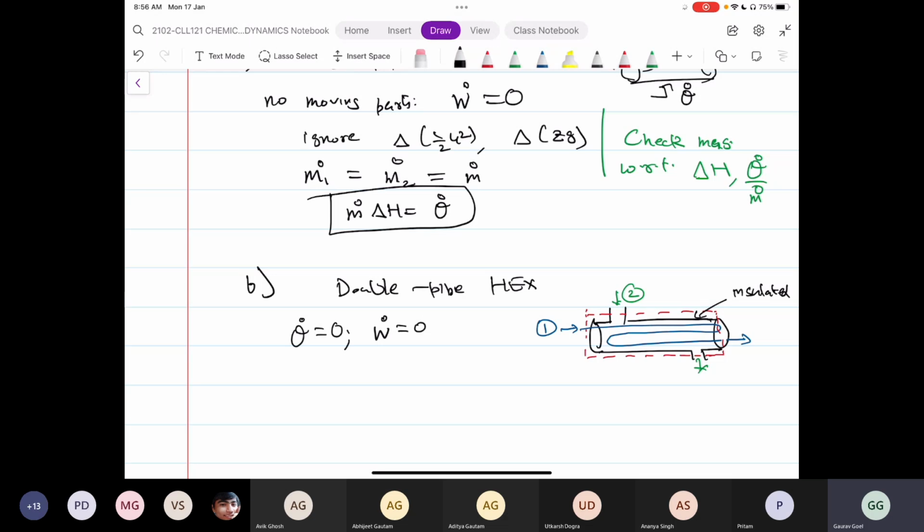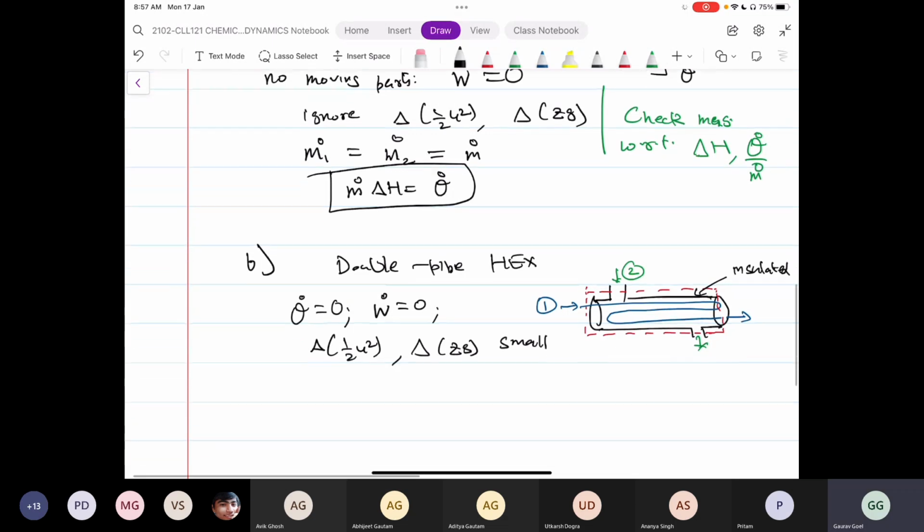W naught is 0. Here, even though there are small height differences, you can see stream 2 especially is entering at the top, exiting at the bottom. But again, you will see most of the times these two quantities are small. So you would be able to ignore them. Okay. So after putting in all the simplifications,